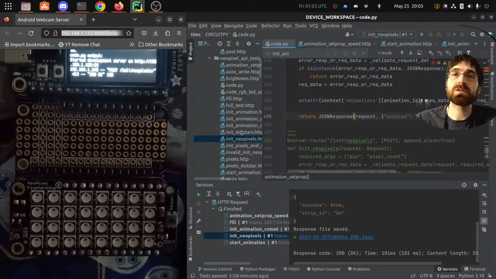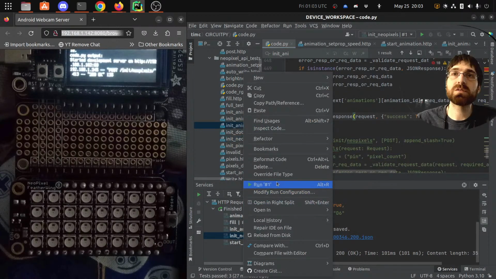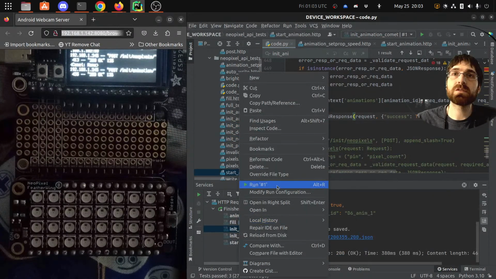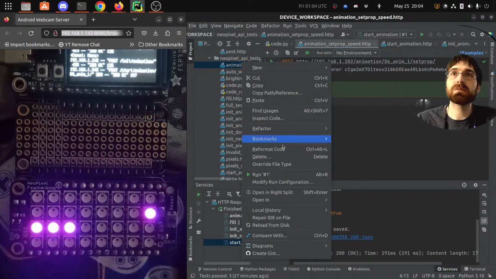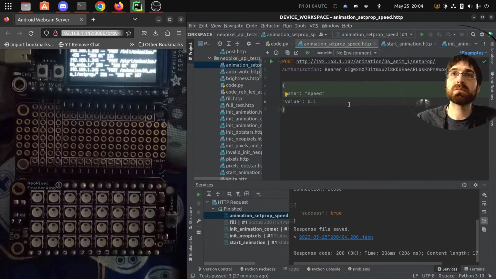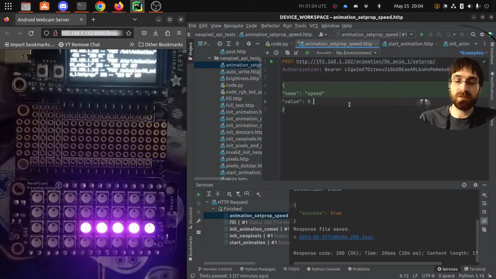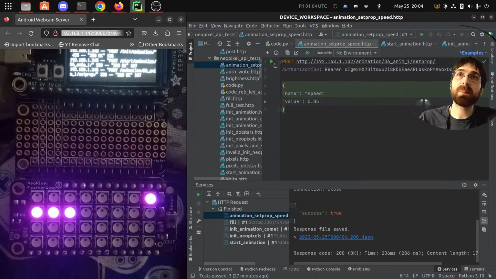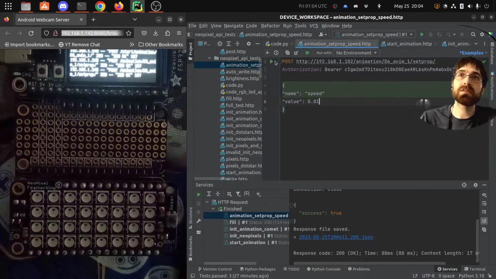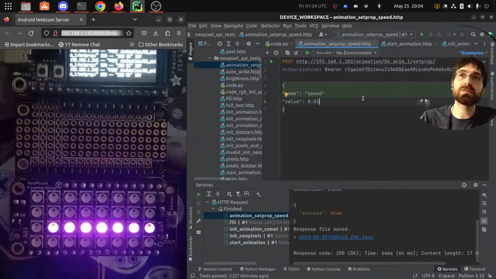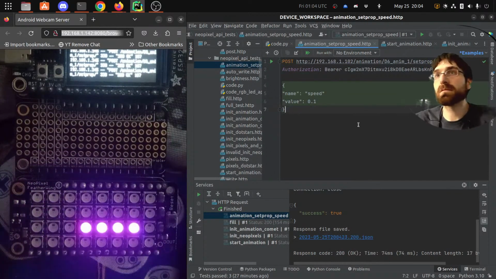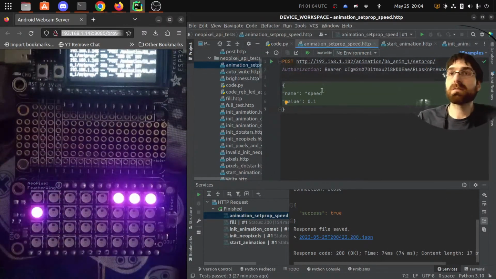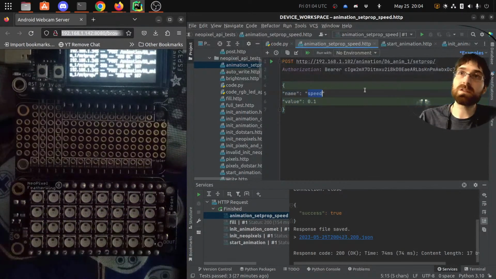Pixels, animation, start the animation. Load up again. Faster now. Mega fast. But let's do something that doesn't exist, like